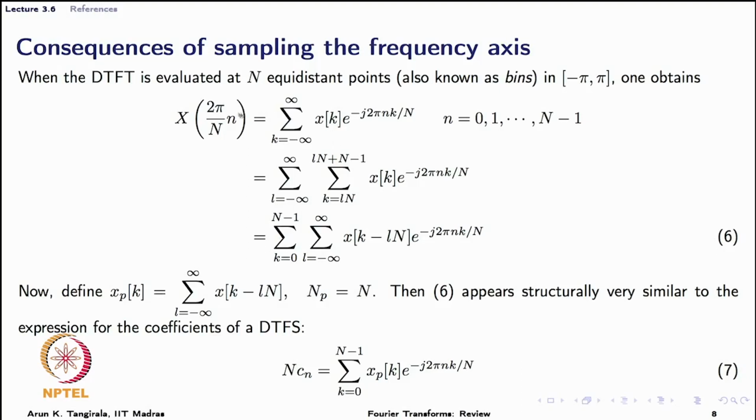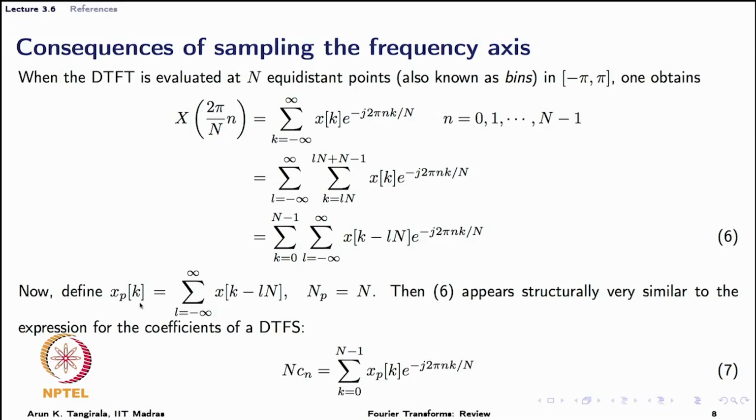So we start with the expression for the DFT coefficient, the discrete time Fourier transform at that point n, and then ask what this means. Then you can re-express this summation, you can rewrite the summation as a double summation. We have deliberately introduced that. It is a double summation there, and one more change of variable will bring this third expression for us in equation 6.